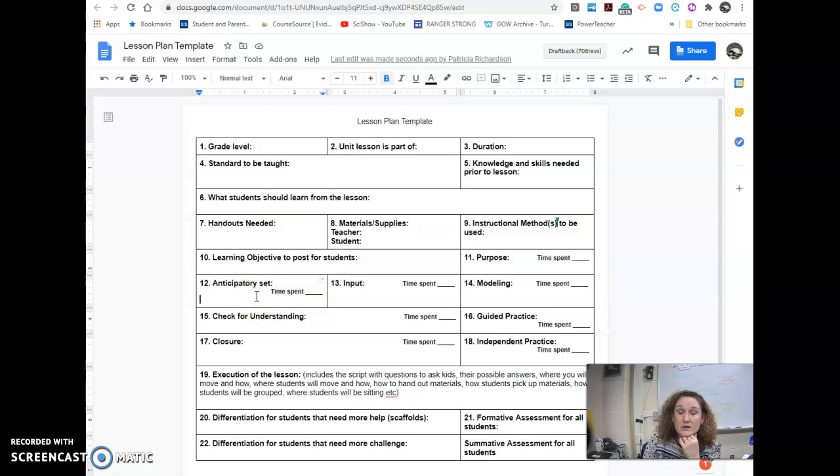What you can do in here is you can either describe the anticipatory set. If it's a video, put a link to the video there. If it's a demonstration, put a link to what your demonstration would look like, how you would show that. And then here you can put a link to the input if it's like a worksheet or an assignment. Same thing with any of these. So whatever